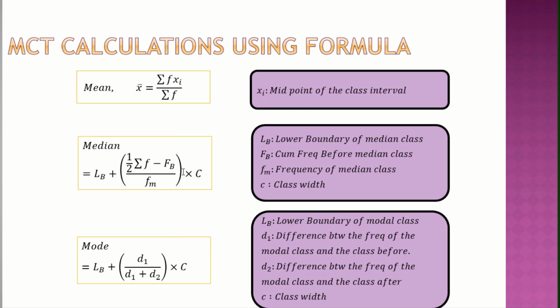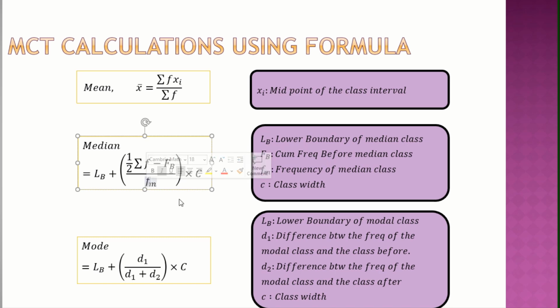But the only challenge here is remembering what the formula is. Like what is LB? Lower boundary. Half times total frequency. What is lower boundary? I'll show you in a bit, okay? Half times total frequency minus, whenever this is uppercase, it is always cumulative frequency. Big alphabet is cumulative frequency. Just remember, cumulative is something that accumulates, it's bigger, right? So big alphabet or uppercase is cumulative frequency. So the FB here is cumulative frequency before the median class.